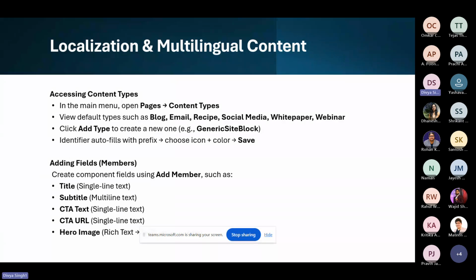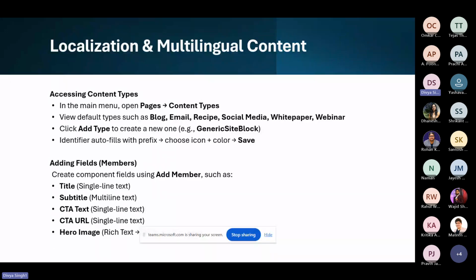So, CMP handles multilingual contents very elegantly. When we create a content type and add fields, editor can create contents in all the languages that are there in the system. So first, in the menu, when we open our Sitecore Content Hub instance,